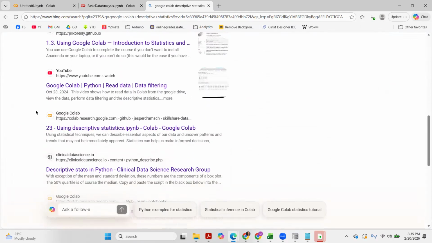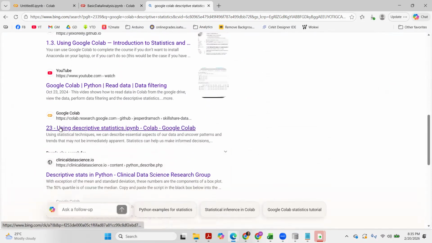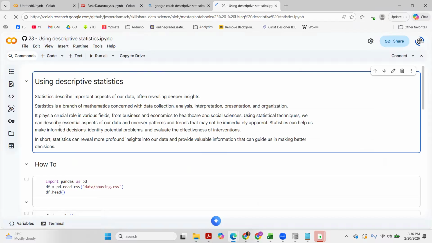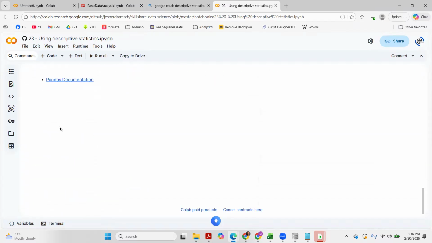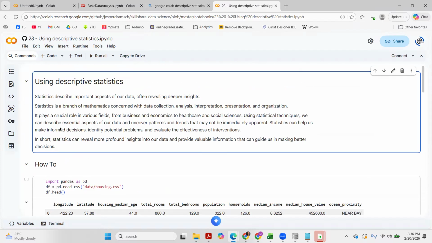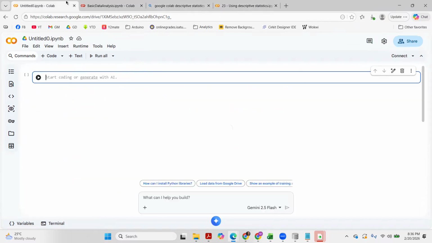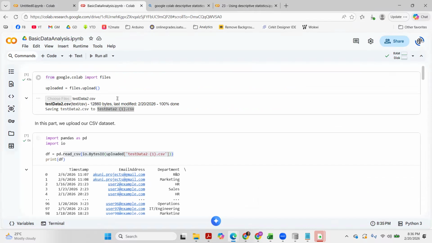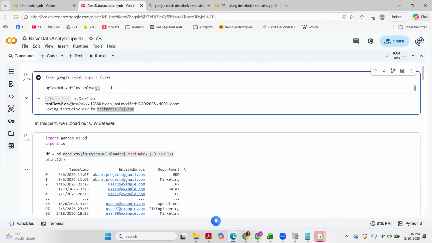Whenever you see Google Colab, you can explore that. As you can see, we have instant codes here that we can use to explore more on our data analysis part. So that's all we have for now.